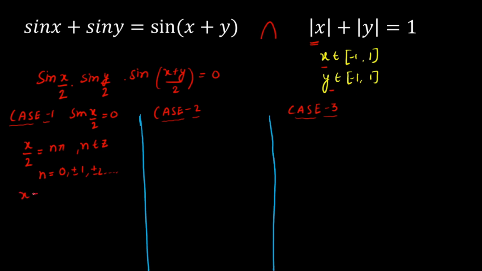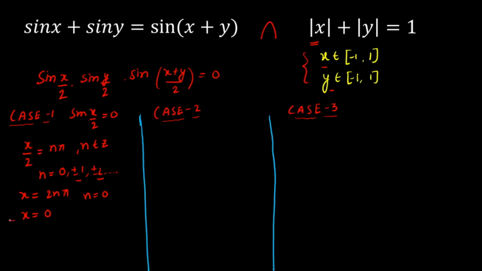So x is from here, x is equal to 2n pi. Now many values of n are there, so let's put n is equal to 0. If I put n is equal to 0, I'll get x is equal to 0. Similarly, if you check for the second and third value, x is equal to 2n pi, as soon as you put n is equal to 1, this value will become 6 point something. And as I told you, our solution must be accepted from minus 1 to 1 in this domain. So x is equal to 0 is the only solution here.